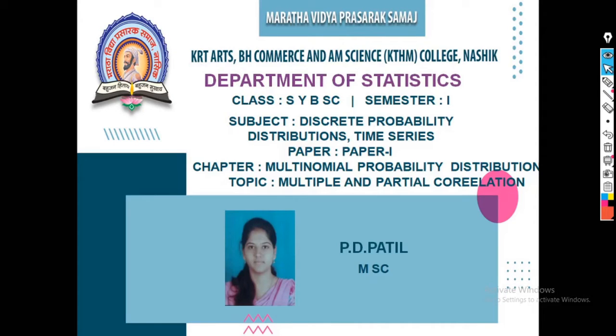In the last lecture, we have studied variance covariance matrix and correlation matrix. Variance covariance matrix is denoted by summation sign and correlation matrix is denoted by capital R. By using the formulas of variance covariance matrix and correlation matrix, we can derive multiple and partial correlation of x1, x2 and x3. So in today's lecture, we are going to study what is meant by multiple and partial correlation coefficient and what are the values of multiple and partial correlation coefficient.